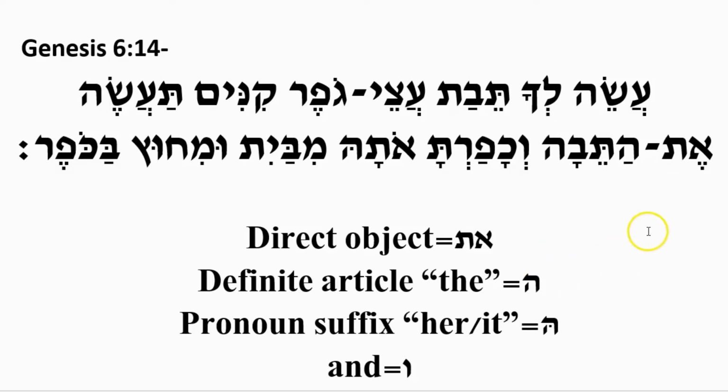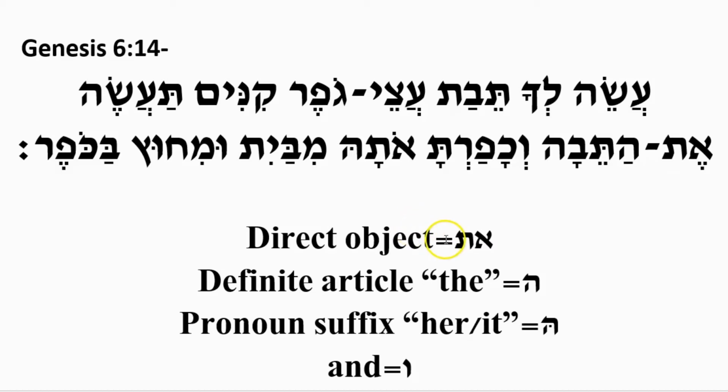Okay, so the first thing we would like to do is look at the direct object particle, et. Now, from last time, if you remember, I told you that this word et indicates that there's a verb, there's an actor in the sentence doing something to an object.